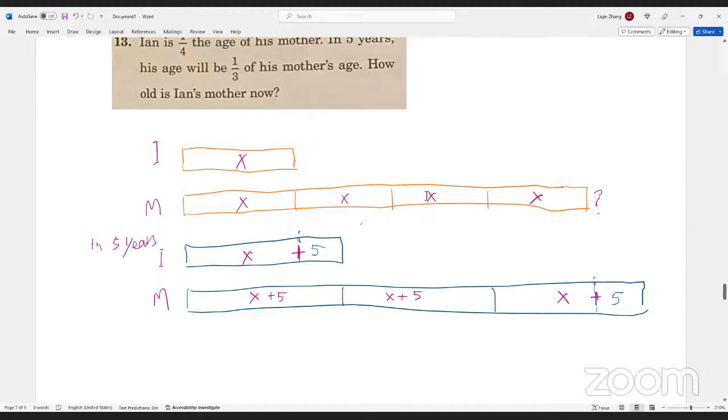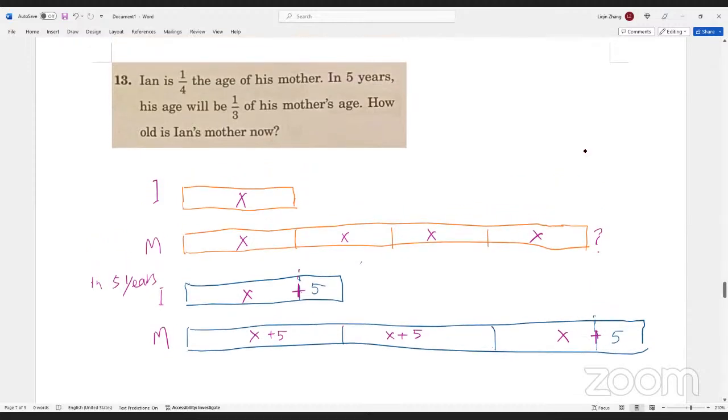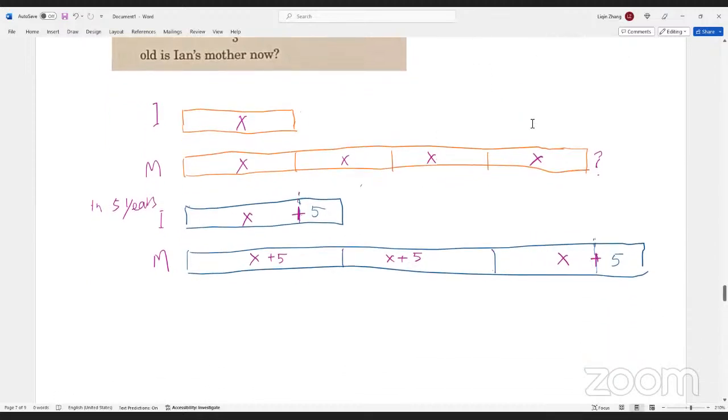Let's see. 1 second, please. Let me check. 3X, 3X, 3X. Well, I have confused. After 5 years, yes, the conversion is X plus 5 equals, no, 3X plus 5. So it means, I'm not very sure if you understand this way, which means, 1 sec, please. Yes, after 5 years, it means,